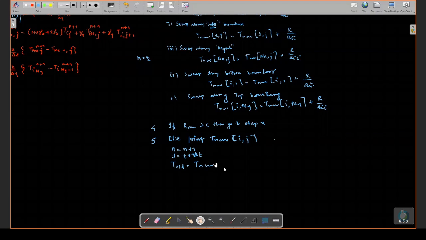If the stopping criteria is not satisfied, return to step 2. So this has to be done till the stopping criteria is met. If not, then go to step 2. Again keep on calculating till your n.